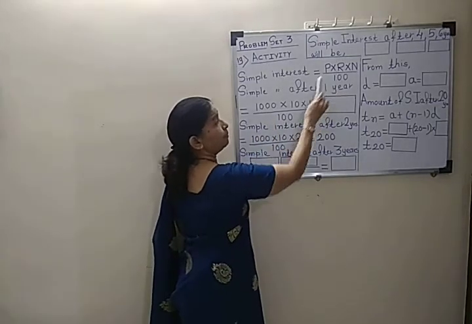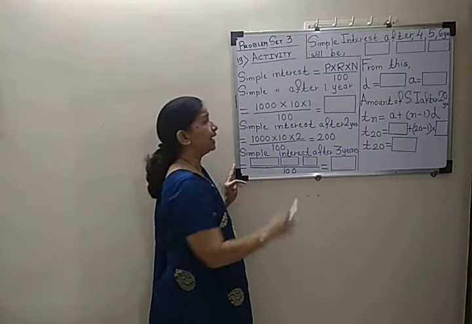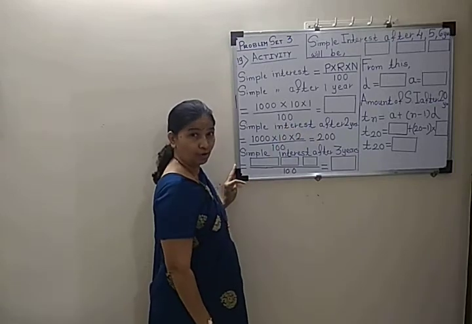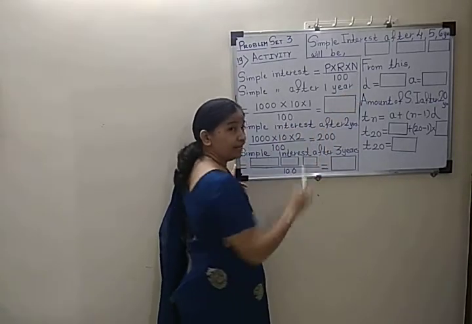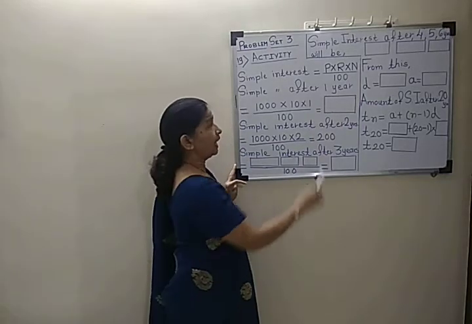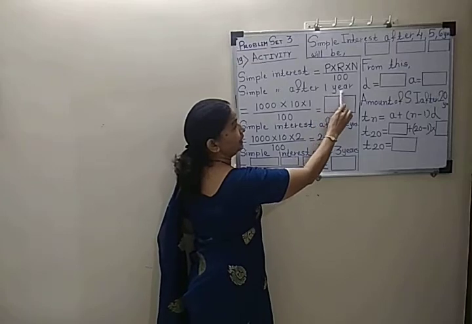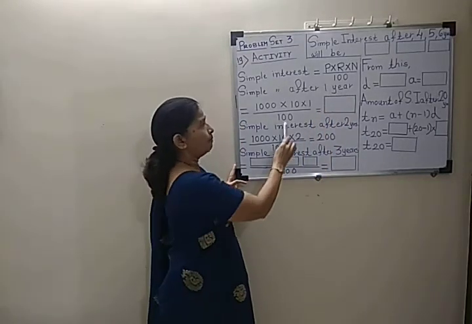In place of rate, I wrote 10 because rate is 10. Then in place of N, I wrote 1 because they have given N as 1 year, upon